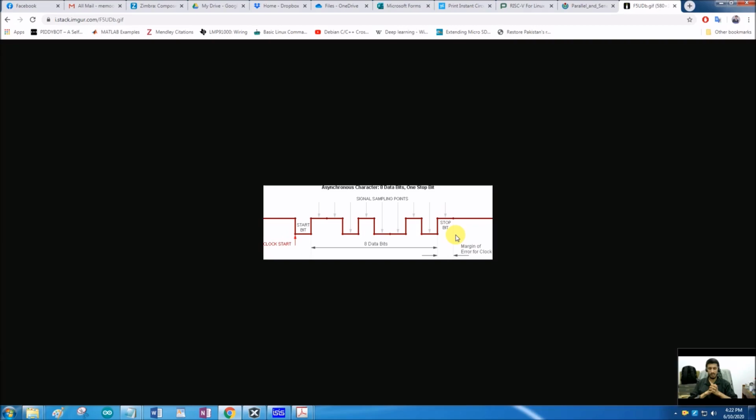So that is a very convenient way to communicate between two different devices. And today we are going to explore the EUSART, Enhanced Universal Synchronous Asynchronous Receiver Transmitter peripheral of the PIC18 microcontroller.